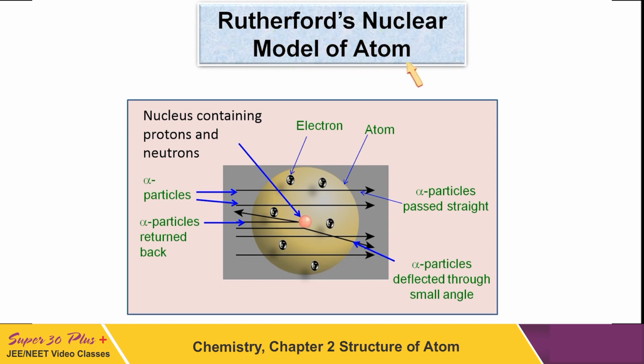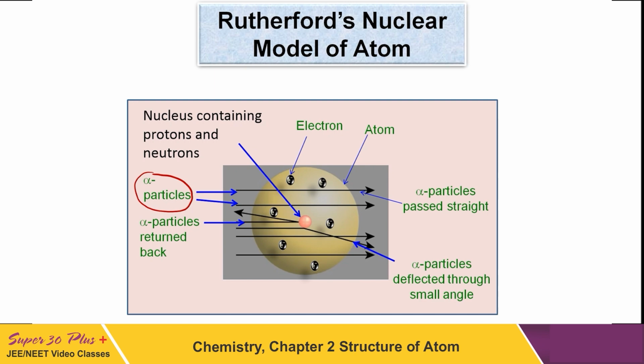This model was given by the scientist Ernest Rutherford, and it is also called the alpha scattering experiment, as you must know from previous classes. In this model he bombarded alpha particles towards a very thin layer of gold atoms, and he found that most of the alpha particles go straight without any deflection from the gold atom, which clearly means that most of the atom is hollow,